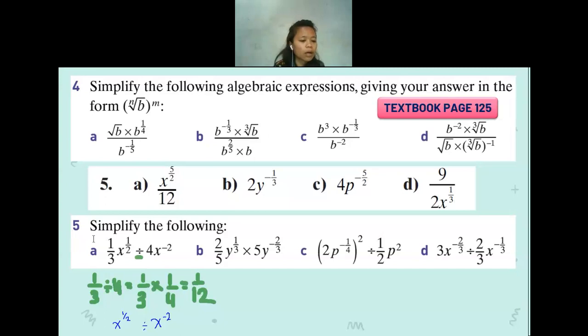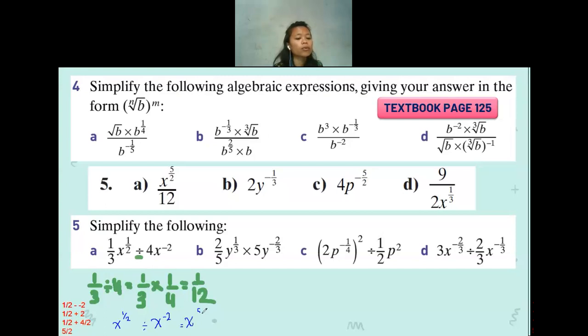We have a half minus negative 2. How many is a half minus negative 2? Minus and negative, we can combine as plus. So we can write it as plus 2. For a half, we have to make them the same denominator. The number 2, we can make it into 4 over 2. So in the end, when we add a half and 4 over 2, we will have 5 over 2. So now we have the letters. When we simplify it, it will be x to the power of 5 over 2.